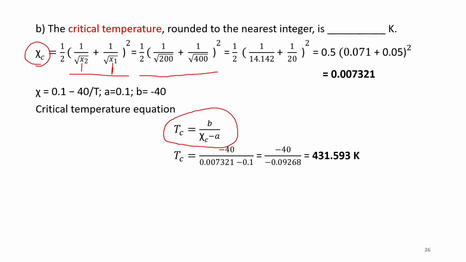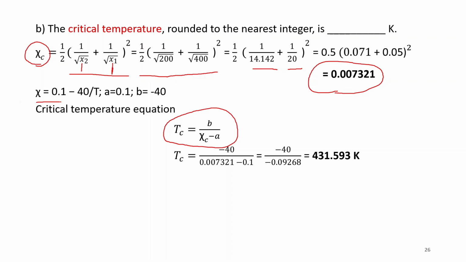And then we can put x2 as 200 segments and x1 as 400 segments. So the square root of 200 is 14.142, and the square root of 400 is 20, and we can calculate this value and we get 0.007321 as the chi at C value, and then we will calculate